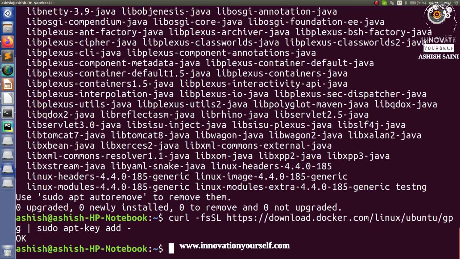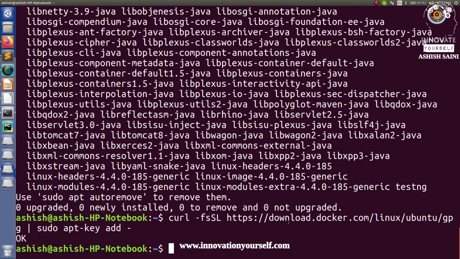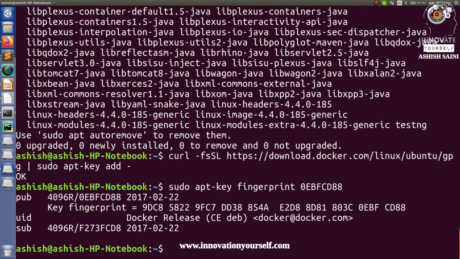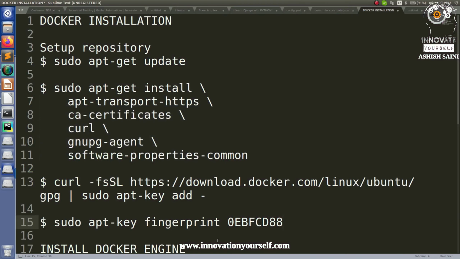So now let's just verify whether you have the command on your system or not. So for that I will be just typing it in this way. So let's just type like this. Alright, so you can see, this is the GPG key, right? So this is downloaded onto your system. Now we can move ahead and go for the next step.